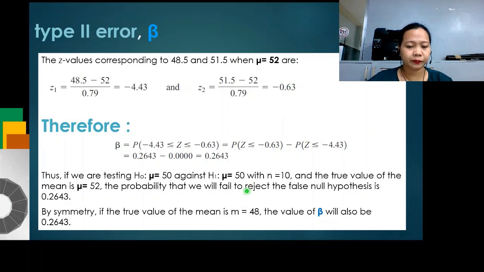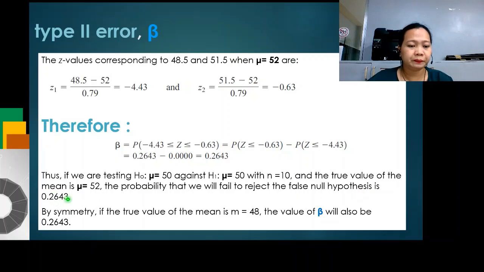So if we are testing H sub 0, therefore the beta, the percentage of having a type 2 error is 0.2643. So if we are testing the null hypothesis against the alternative hypothesis, and the true value of the mean is also mu equal to 52, then the probability that we will fail to reject the false null hypothesis is